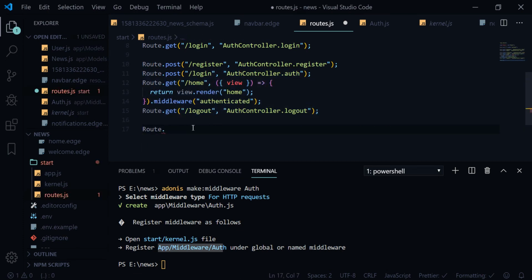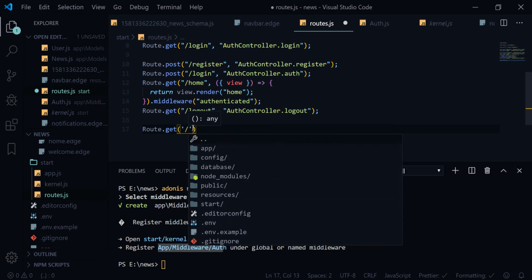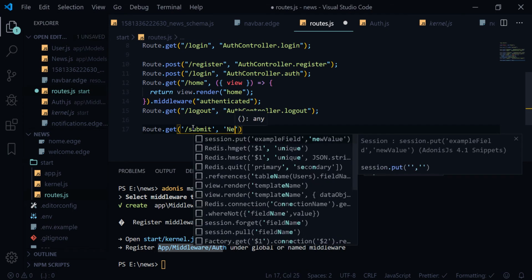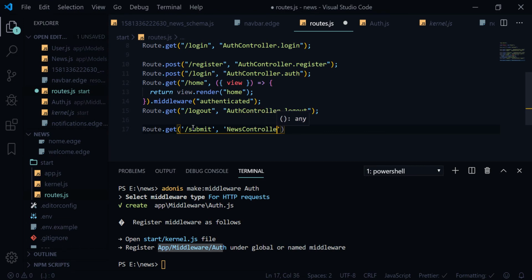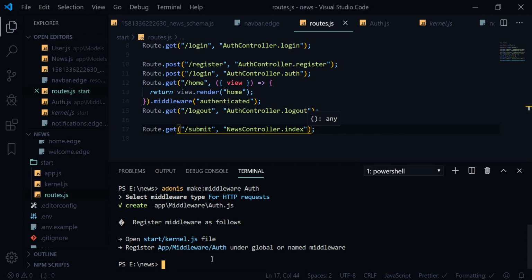Right, so we just write route.get, and I'll go to /submit, and we need to create a controller called news controller, and we need to give a method called index. So let's create a controller here. Adonis make controller news controller. Right, so we have another useful flag here, which will be --resource, which helps to